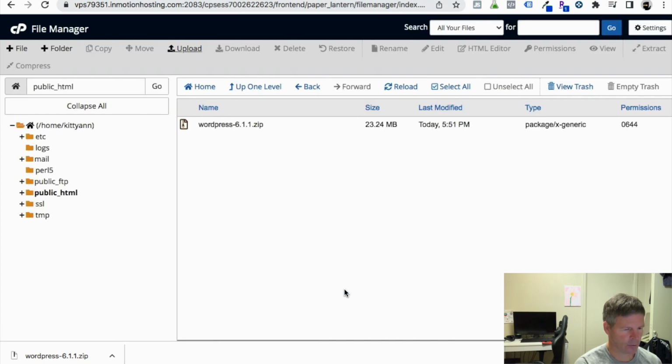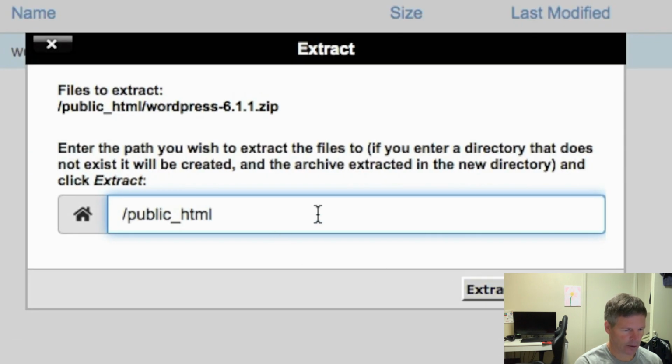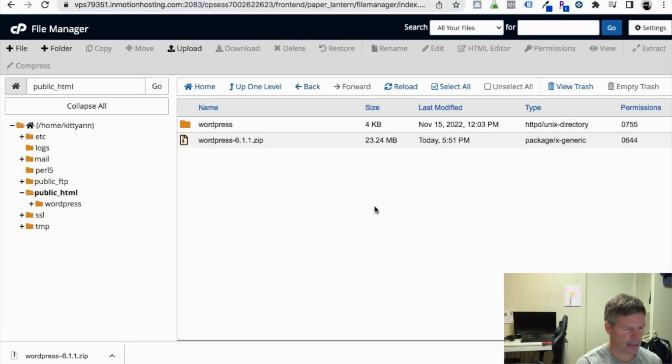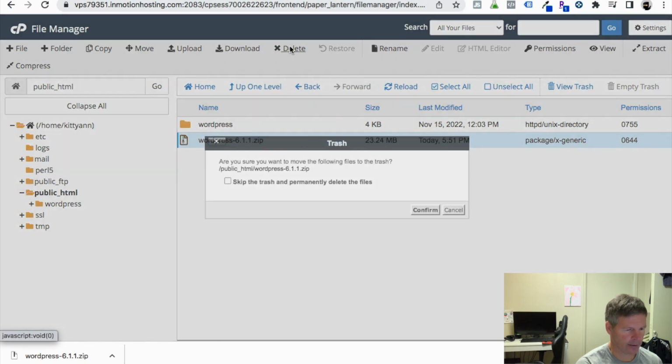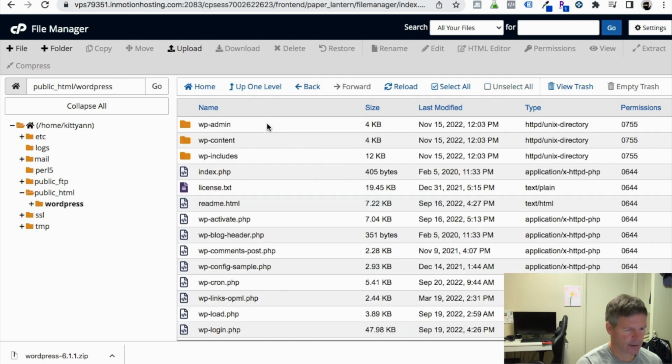And we'll go back to our file manager area where we were before, and we're going to extract this. So we just highlight it, going to click on extract, and we're going to extract it to the public HTML. So we'll just put a / after the HTML and extract files. Okay, and we can close this up, and now you can see we've got the files in here. I'm going to go ahead and delete the zip file, and we're going to go into here, and now I'm